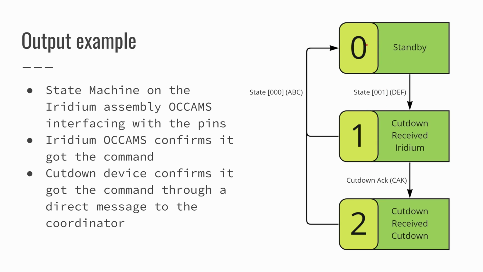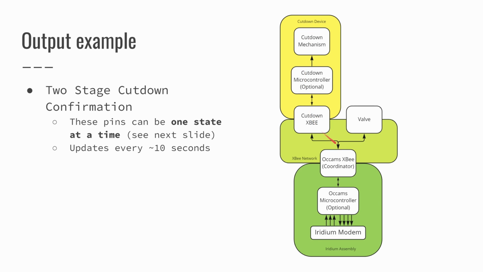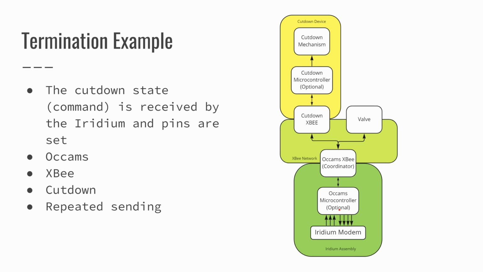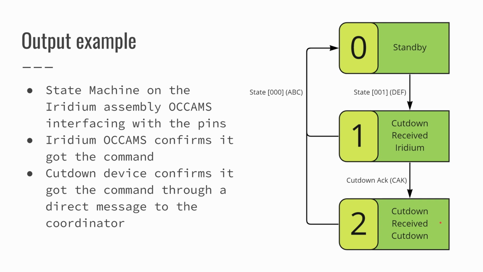So we're in a standby mode, nothing's going on, and then, hey, we received the cut down. So here, this is the thing that changes it. In a state machine, there would be an arrow that wraps around and points back here for all other cases. But anyway, we've received cut down. So this is 0, 0, 1. We got cut down, and then we can set this to 1. So hey, we know that the Iridium has got cut down at least. It got the command. And then once we get an acknowledge back through the XBee network to the microcontroller, then you can set it to 2.